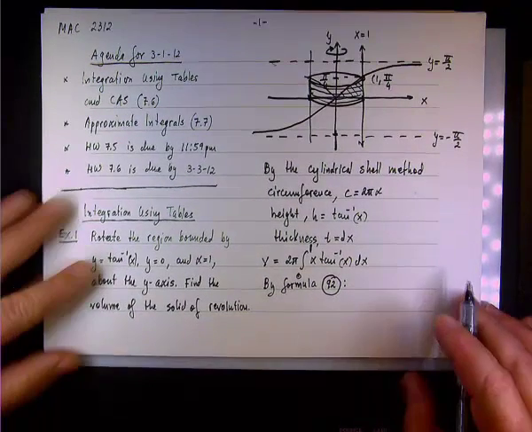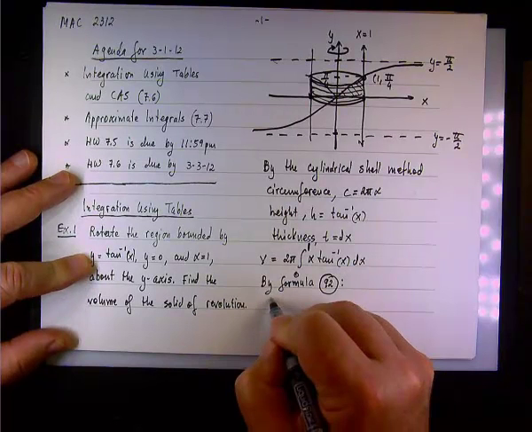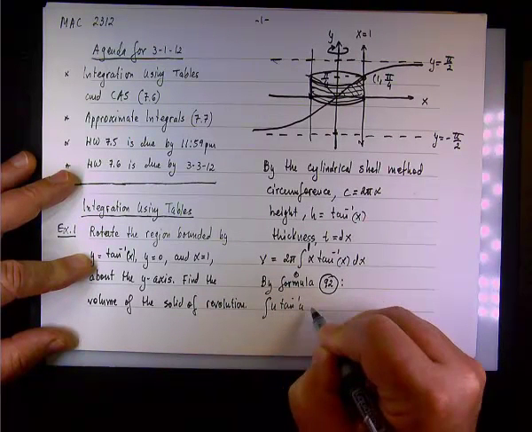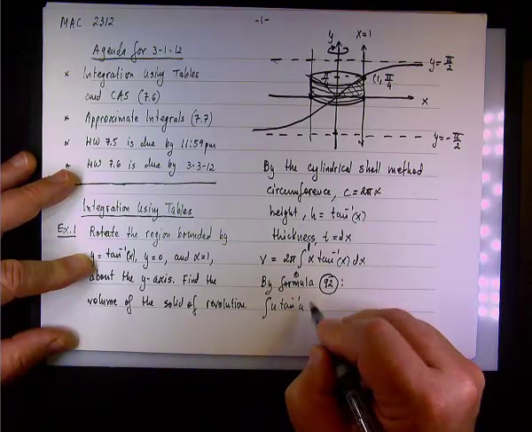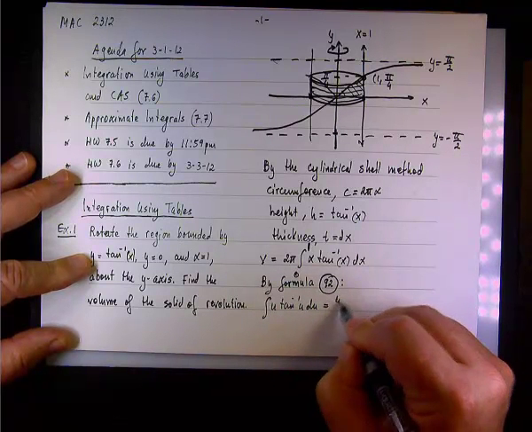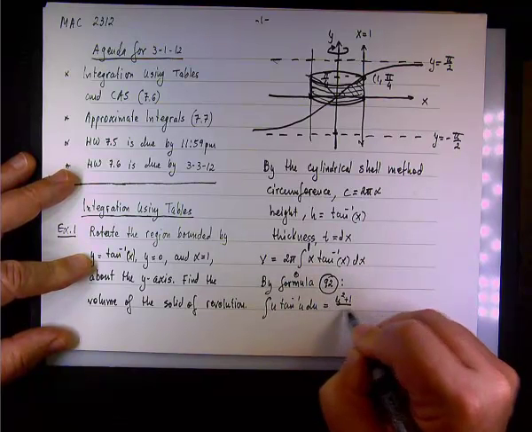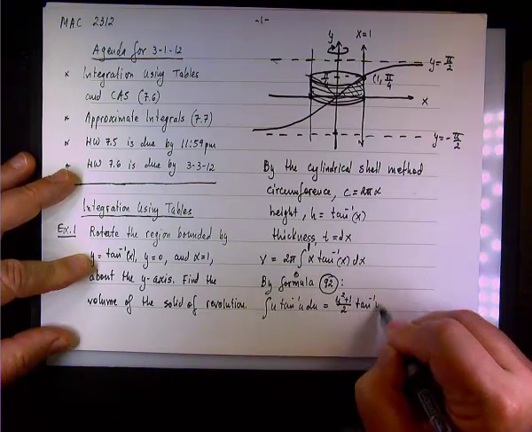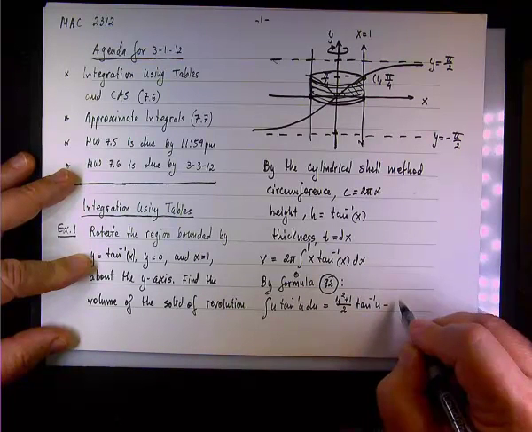Something multiplying the inverse tangent? Formula 92. So let's see what we have in formula 92. Formula 92 reads the following: the integral of u inverse tangent of u du